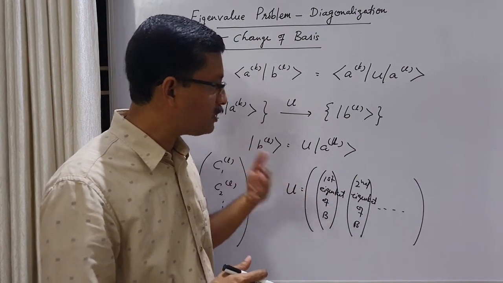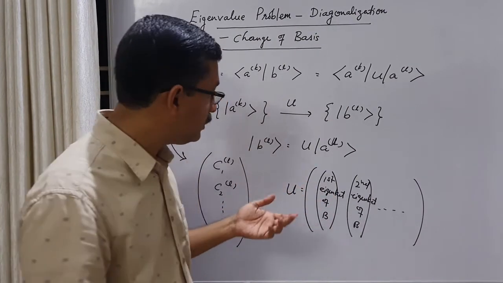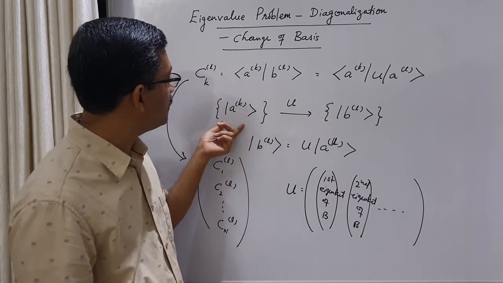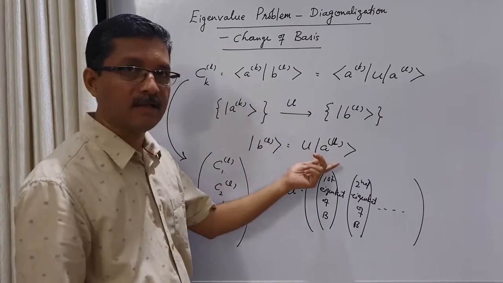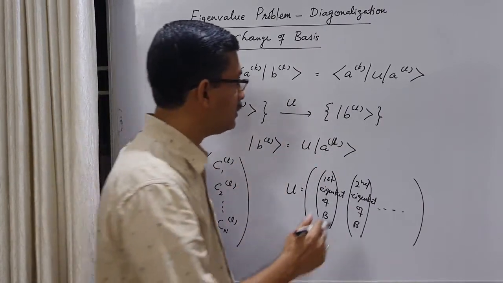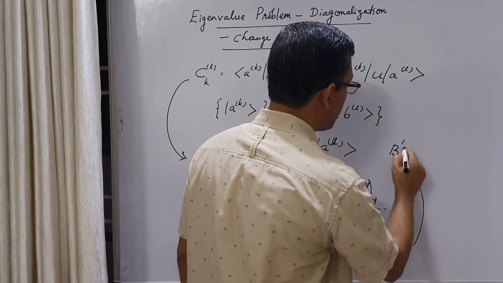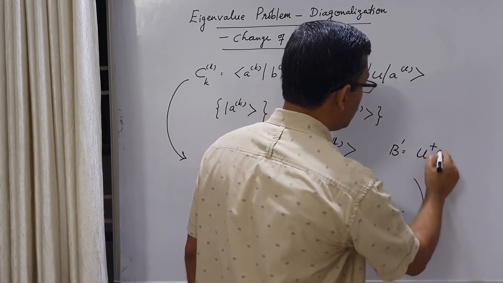And then what is the form of B under this unitary transformation? Under a unitary transformation, the vectors will change like this. How does the operator change? The operator changes like this. The B will change to some B prime, which is equal to U dagger B